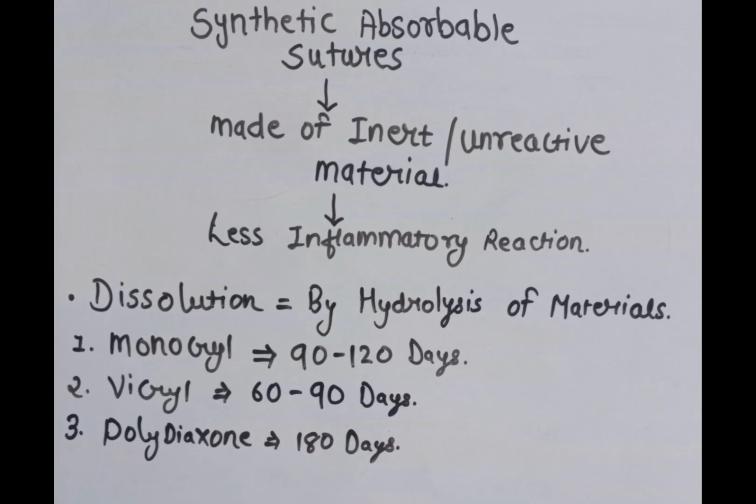Now let us look at the synthetic absorbable sutures. As we know, synthetic absorbable sutures are made up of synthetic substances, so they do not produce any kind of antigen, or they are made up of inert or unreactive material, so they cause very little inflammatory reaction. The next is the dissolution of the suture. The synthetic absorbable sutures dissolve by hydrolysis of the material. First is the Monocryl suture, which hydrolyzes in 90 to 120 days. Second is the Vicryl suture, which hydrolyzes in 60 to 90 days. And the third is the polydioxanone suture, which hydrolyzes in the